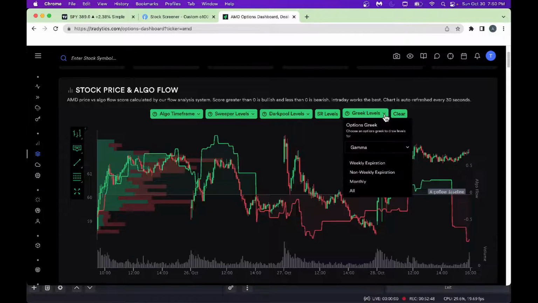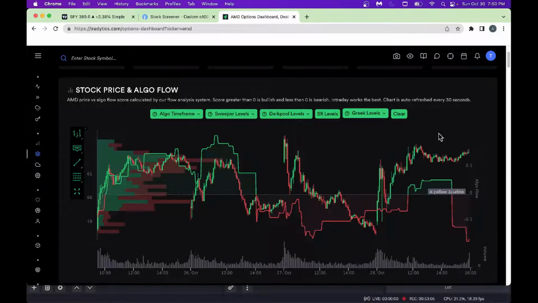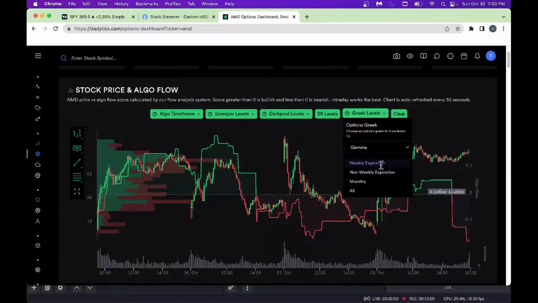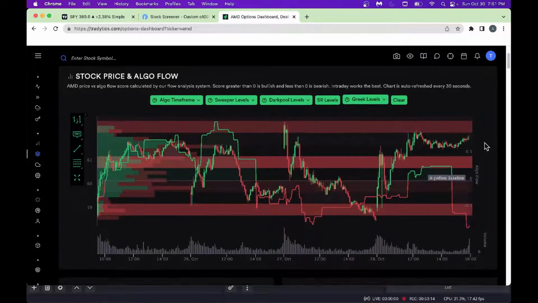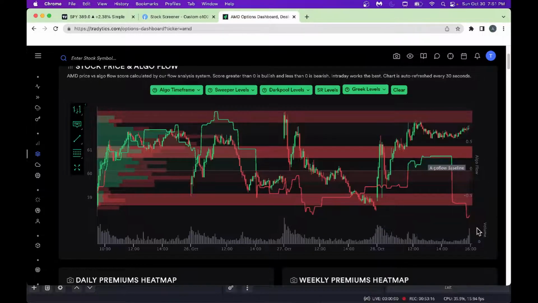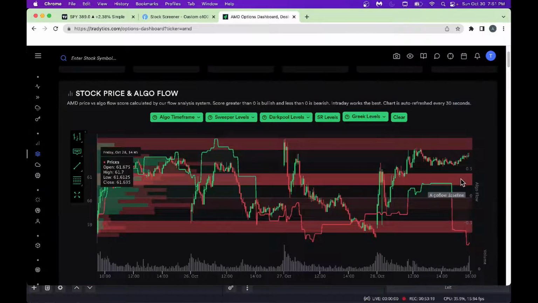Let's clear this and go back to, you can also look at the gamma here, because this is the options right now. You could look at the gamma, or if you're into delta, Vanna, you could look at those here and make some sense out of it here. For example, if you want to look at gamma here, you could just click on gamma, and you could look at weekly expiration here. And now we got some gamma going on here, and look, we got some levels here, 0.5, there is 61. There's a good level here.